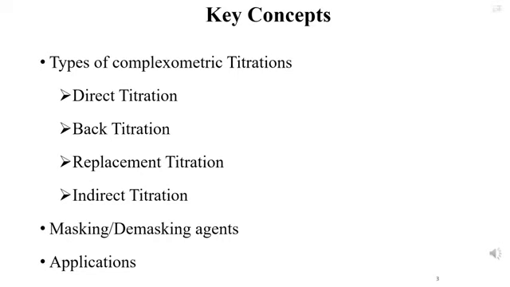Next we discuss which kind of indicators could be used in complexometric titrations, and here we talk about Eriochrome Black T. Eriochrome Black T is also known as Mordant Black T or Solochrome Black T. Other indicators are murexide or ammonium purpurate, catechol violet, that is also an indicator, and another indicator, that is methyl blue. But for some metals, for lead, zinc, cadmium and mercury, these two indicators can be used. One is methyl blue, another is thymol blue.